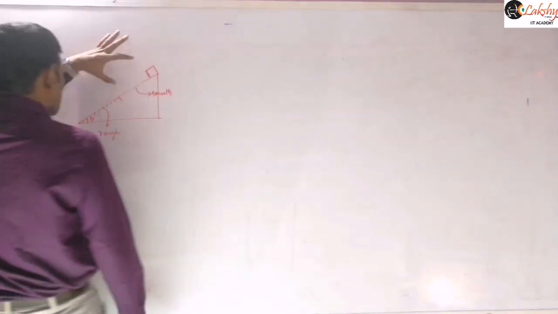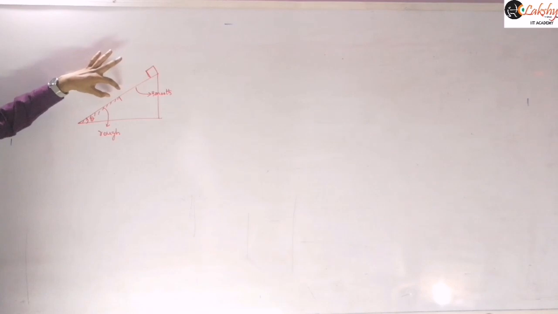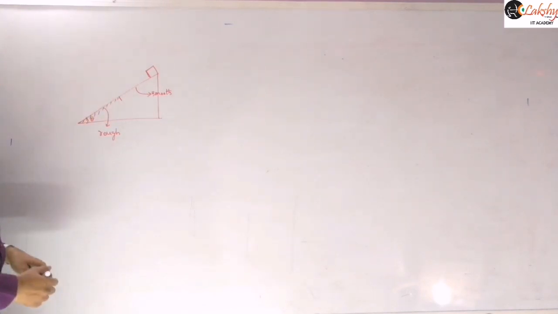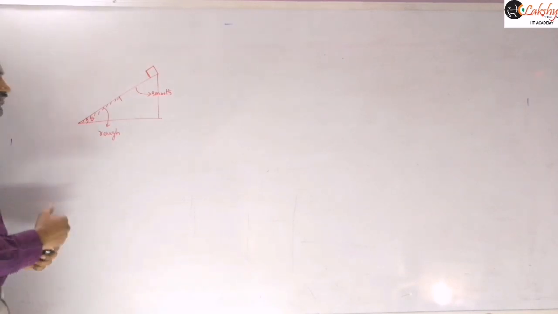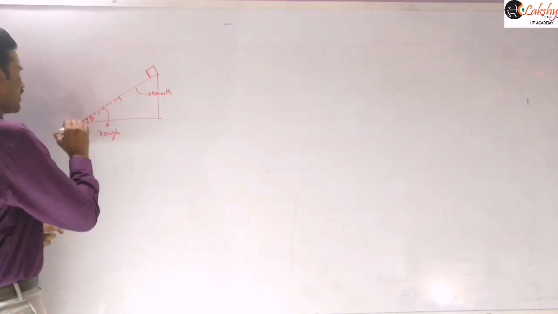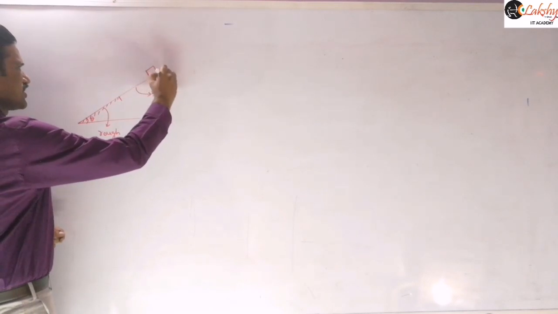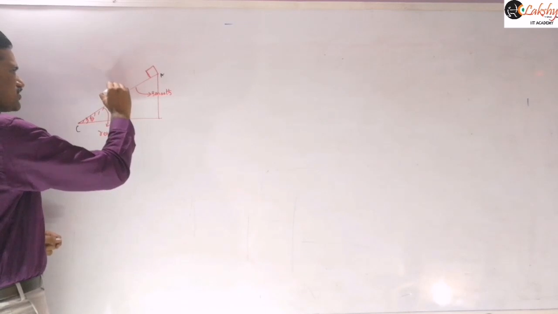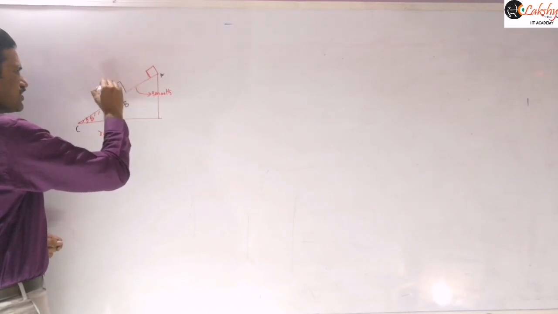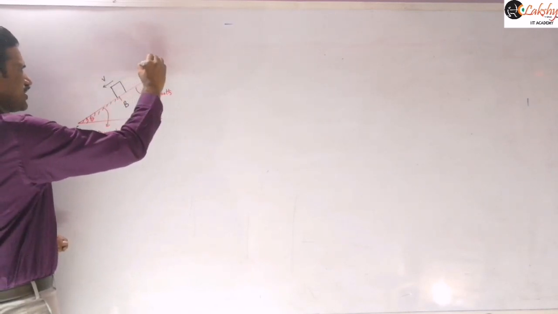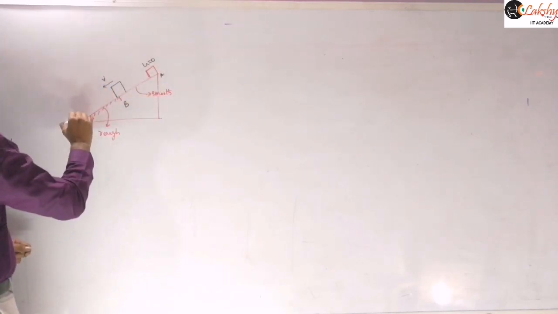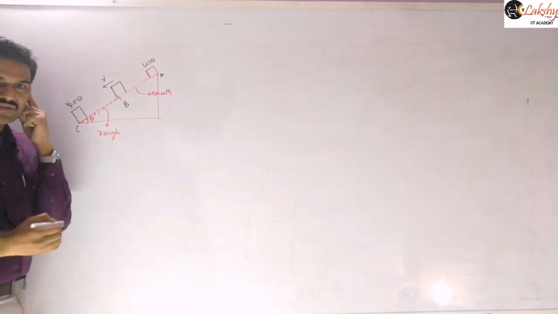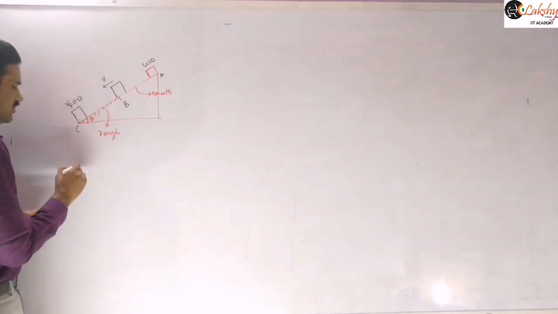Is it clear? We are releasing from here so that it is accelerating here, and then here the frictional force will start. This will be a rough surface here, so we need to write the coefficient of friction here. Again, the final velocity is given here. I am taking these points as A, B, C, and the velocity of this block when it reaches position B is v. The initial velocity is 0, and when it reaches the final position, the final velocity of the object is given as 0, right?